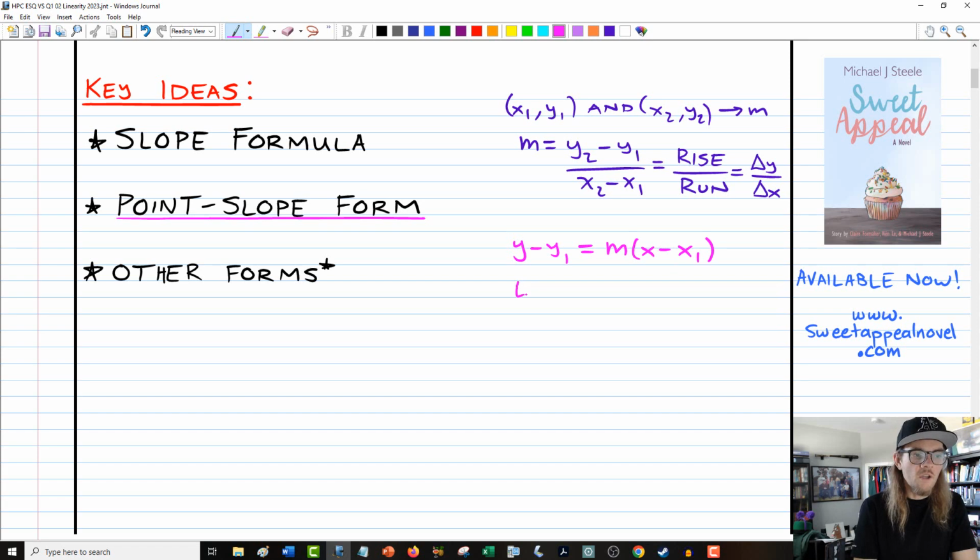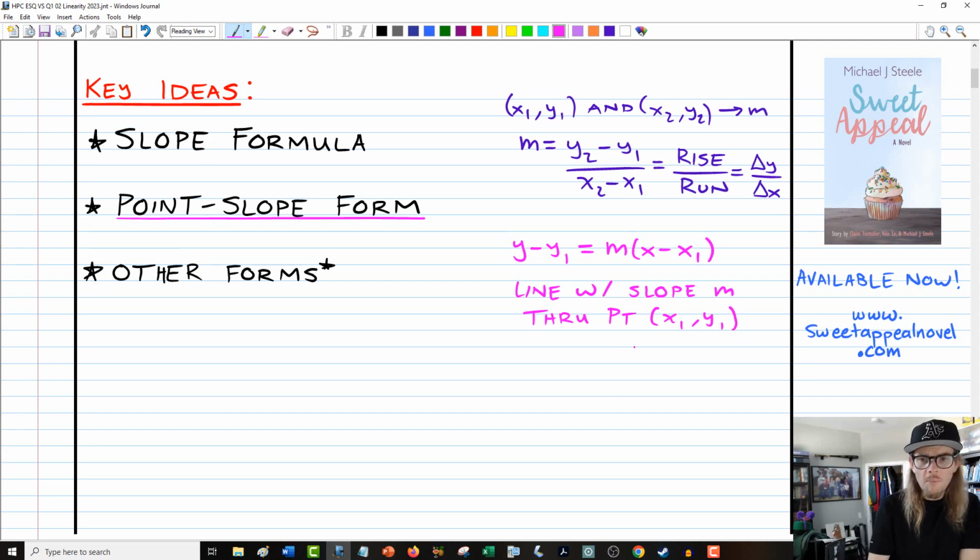And what this gives you is the equation of a line with slope m. So specifically, its rise over run is going to be m. And it passes through, I'm going to use the drive-through spelling, through the point with coordinates x sub 1, y sub 1. And I do want to point out here that as you're looking at this, other than just telling you you need to be able to write an equation in this form to get this question correct each week, I want to point out that really this equation and this formula are literally the